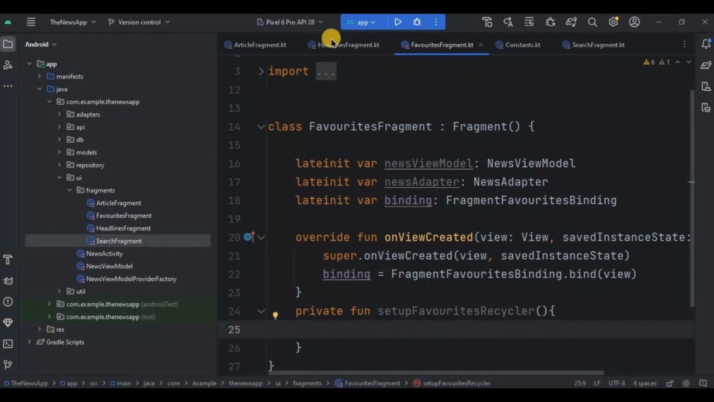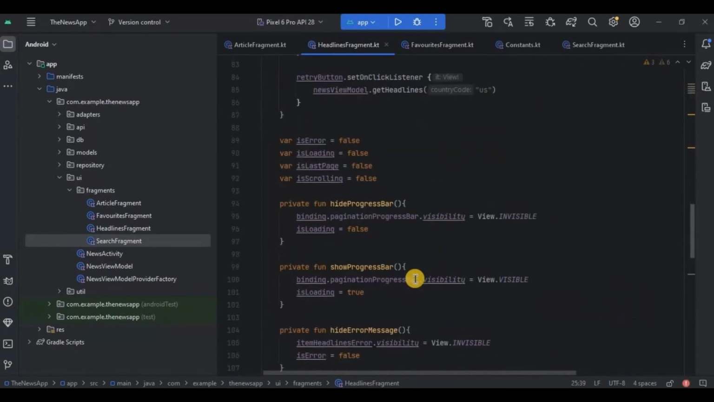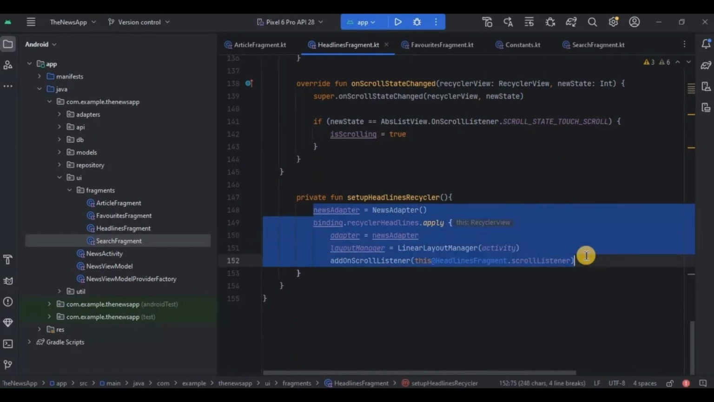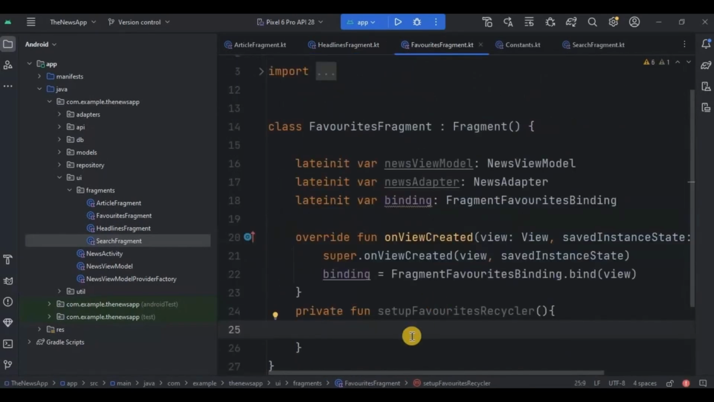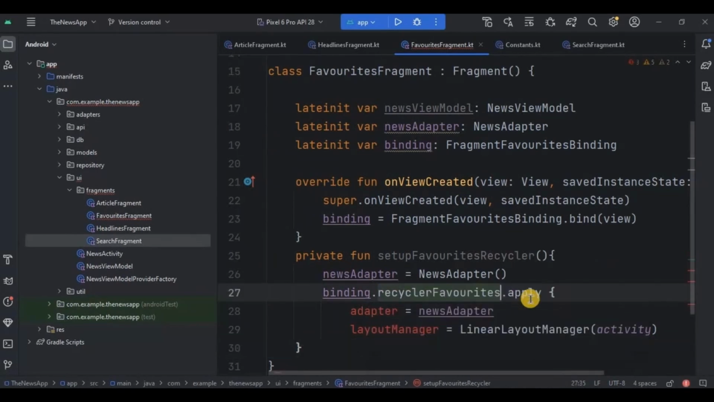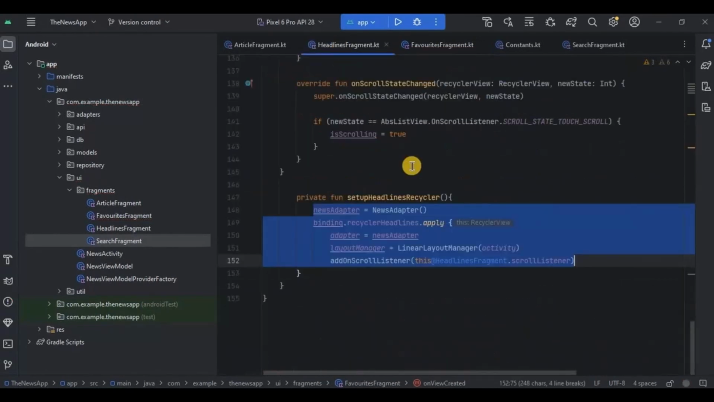And inside it, copy the code from here and paste it here. Now, here we don't require scroll listener, so remove this line. And also here it will be recycler favorite, not recycler headlines, right? And done. Then inside onViewCreated, copy the code from here